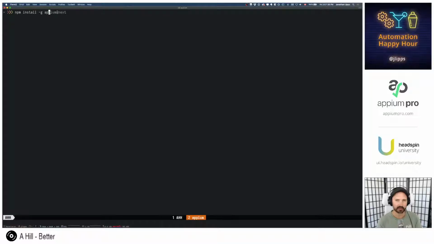I made a mistake a few days ago, or last week, I suppose, when I published Appium 2.0 beta as a beta on NPM, which broke our CI because we use betas for other things. So, oops. And now I'm publishing Appium 2.0 as appium@next. So if you want the latest Appium 2.0 beta, you can npm install -g appium@next. So that's what I did. Now I can just run Appium. Should launch.